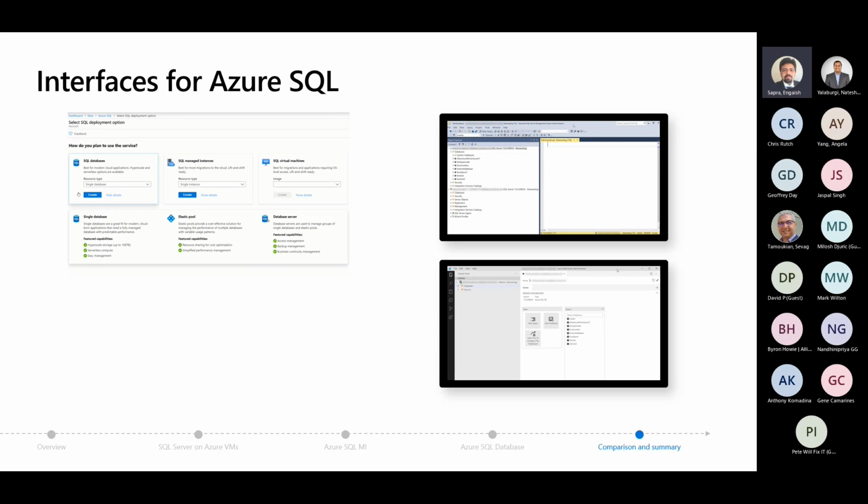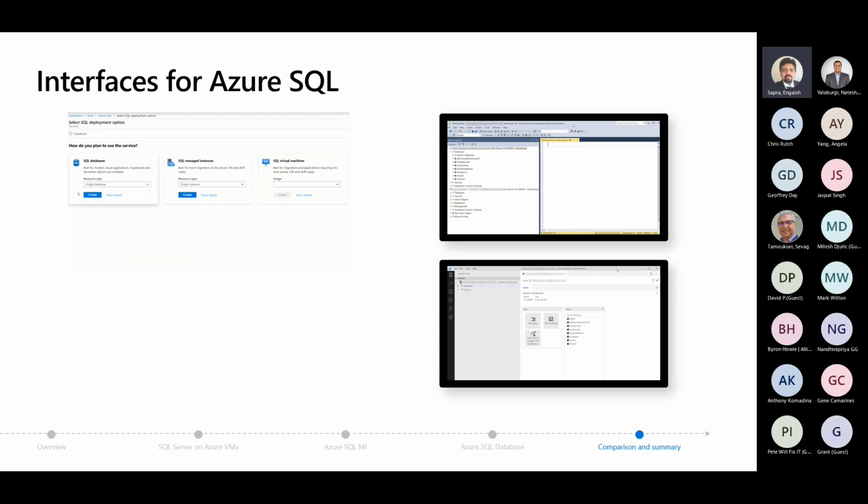Now, apart from that, of course, being a cloud service, Azure SQL services offer APIs, and the API is based on SQL Server Engine. It supports the T-SQL language as well as the TDS protocol. So all the drivers that normally work with your on-prem SQL Server, they all work with Azure SQL as well. Now, in addition, Azure SQL also supports REST APIs for management of MIs and databases. So the REST APIs will not be applicable to the IaaS side of things because